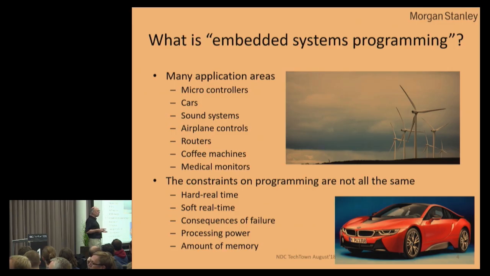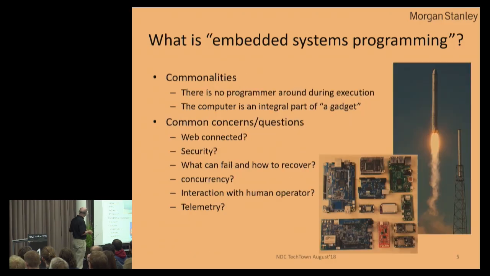It also makes it really, really hard to talk about. You can talk about one specific thing. How do you program the coffee machine? That's not hard. Or how do you program the rocket motor? That is harder, but it is, again, specific. Point is, from a point of view of the language, we don't know what you are programming and what the constraints are.